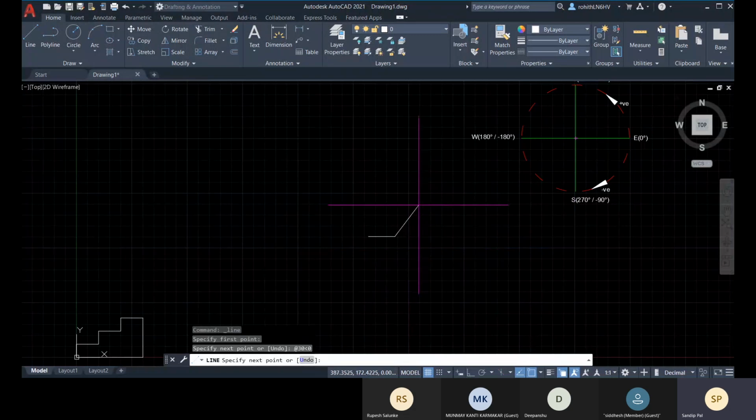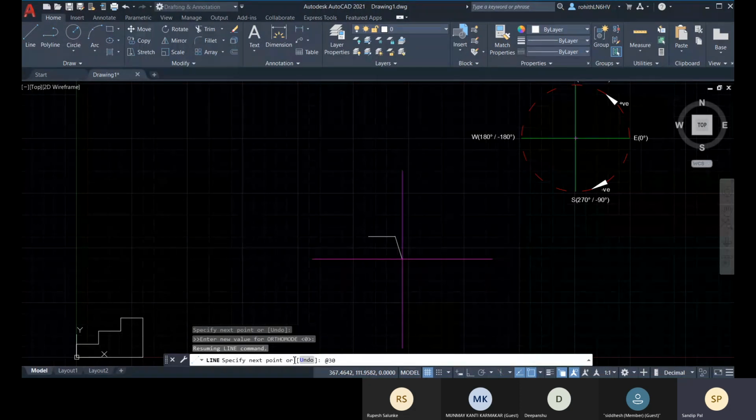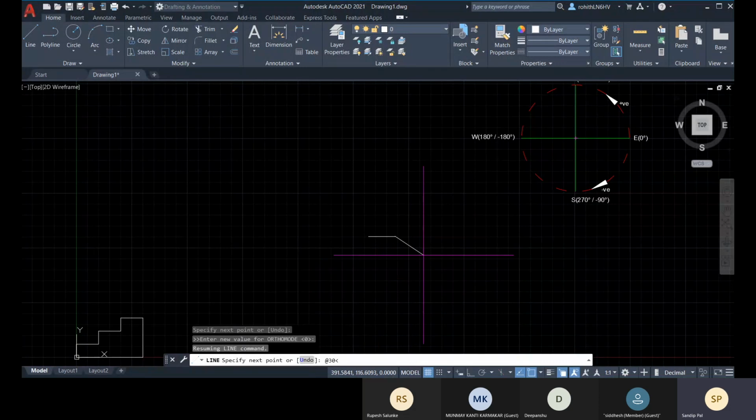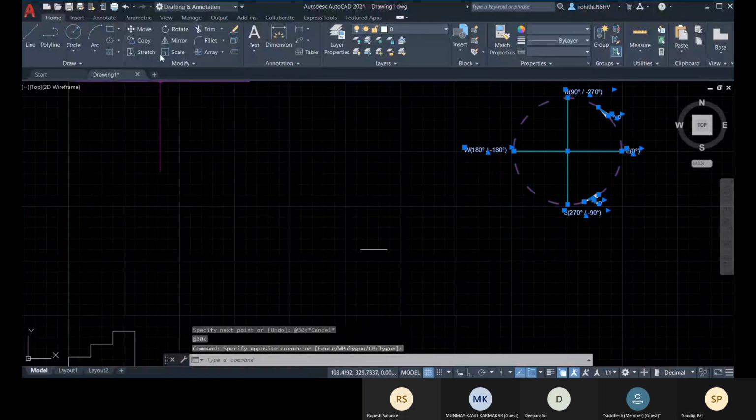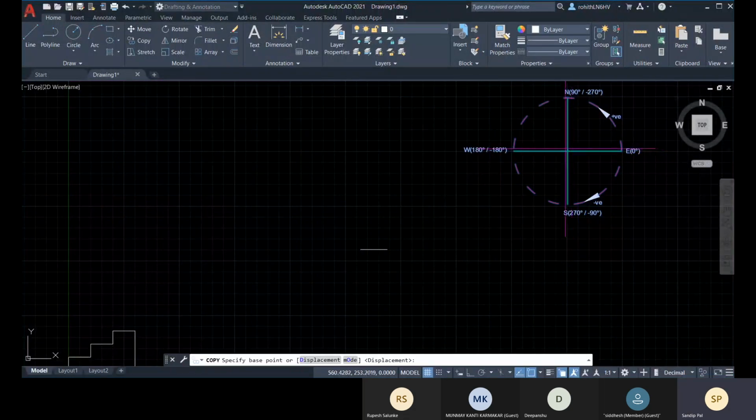So it's maintaining the 60-degree with this line, but I'm placing and calculating the angle from the initial direction, that is my east, and in the positive direction. I'm calculating the angle value. So the length is 30, and then at the rate, what will be the angle? So let me place it, so that you can identify.